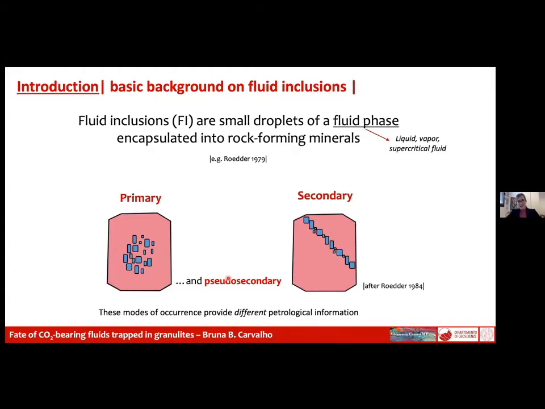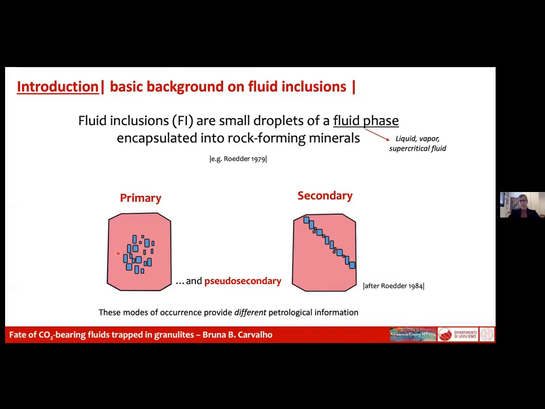So let's get started. What are fluid inclusions? They are small droplets of a fluid that can be liquid, vapor, or a supercritical fluid that are encapsulated into rock-forming minerals. And an important genetic distinction is between primary and secondary inclusions. Primary, when the inclusions are trapped during the host formation. And in this case, we will see the inclusions forming isolated clusters or zonal arrangements, such as in the sketch